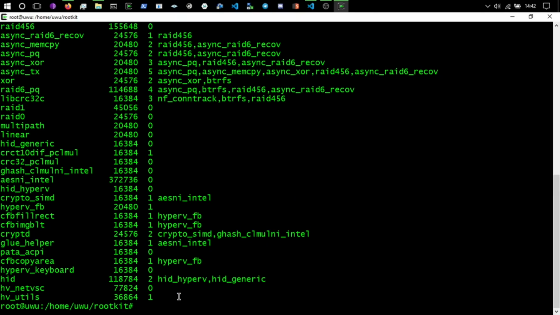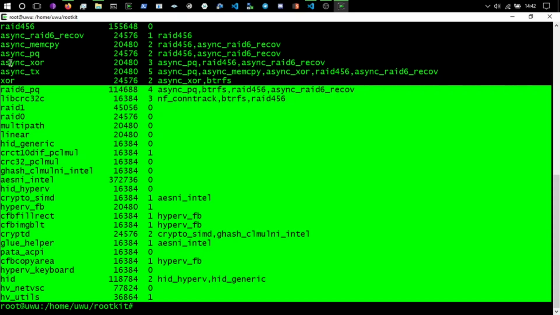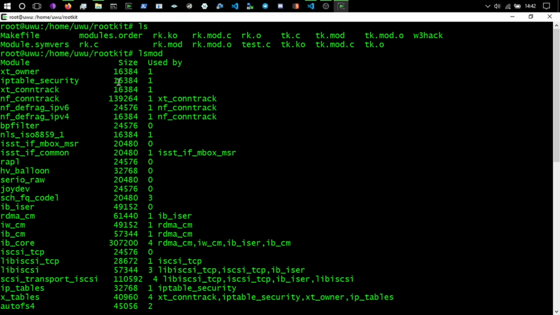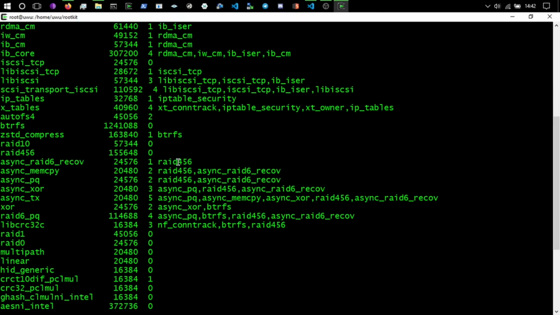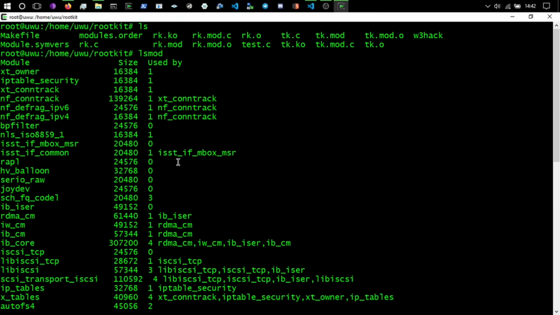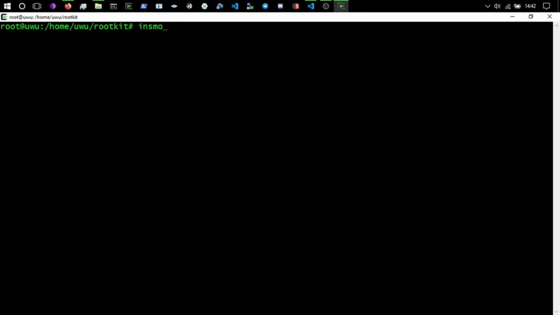But before we load the kernel module, let's do lsmod. And we can see all the Linux kernel modules that are already in our kernel. And as we see, it starts with xt_owner. We have the size, and then we have used by. So some more information. So let's clear that. Let's insmod. I'm also going to do dmesg, and that's clear. I was going to just do clear just to clear it so it's easier to read. So let's do insmod